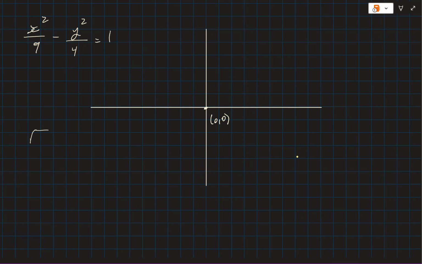So the square root of 9 is equal to 3. So from 0, we're going to go 1, 2, 3. So that would be one vertex, and then we go to the left, that's another vertex, so that's 3 and negative 3. Fantastic. Now the conjugate, you go up from that, so 1, 2, so that creates a boundary line